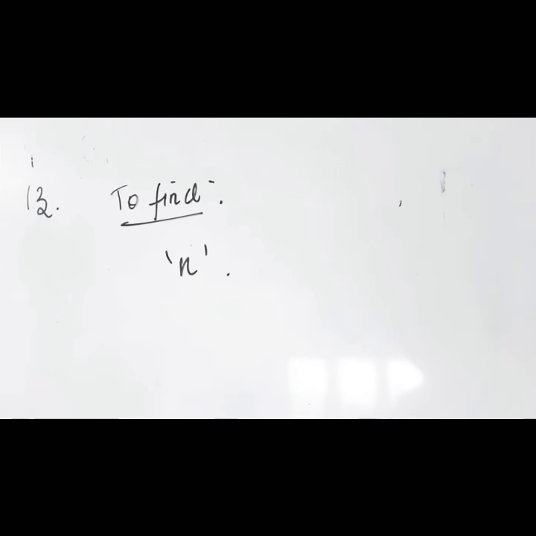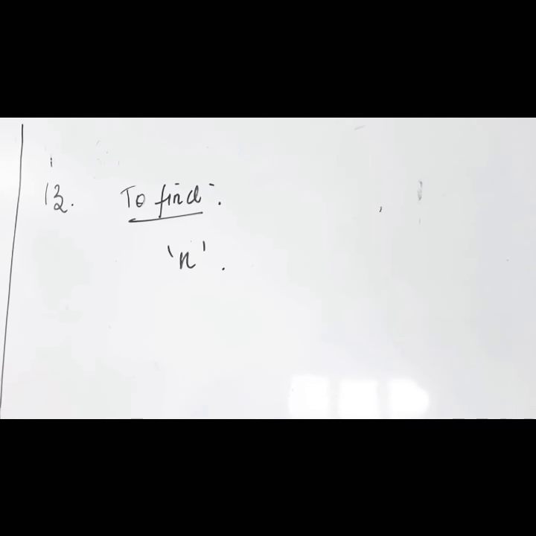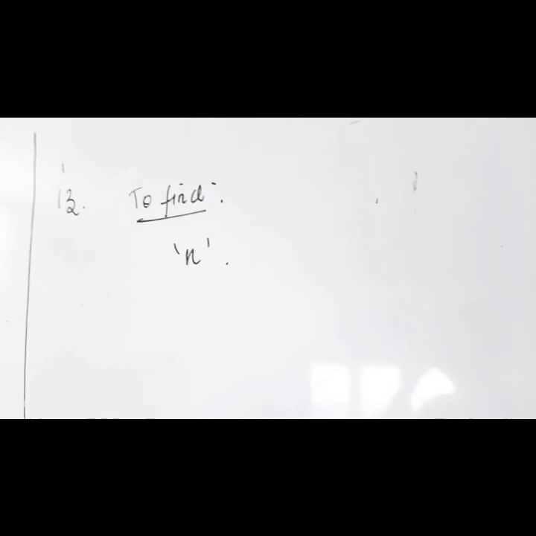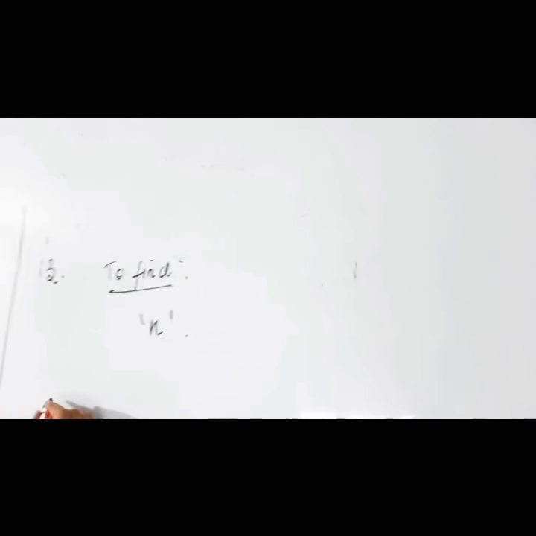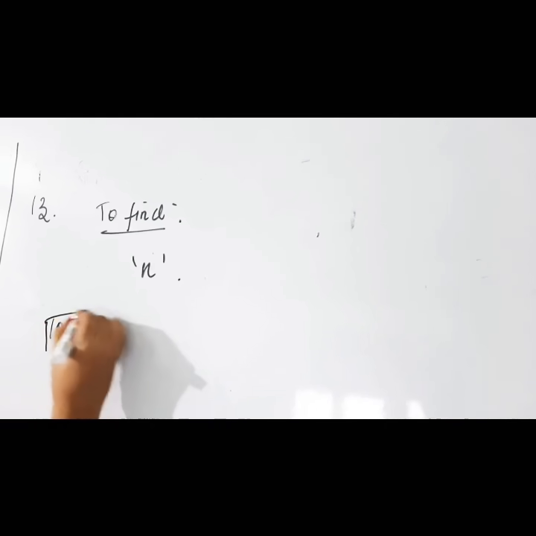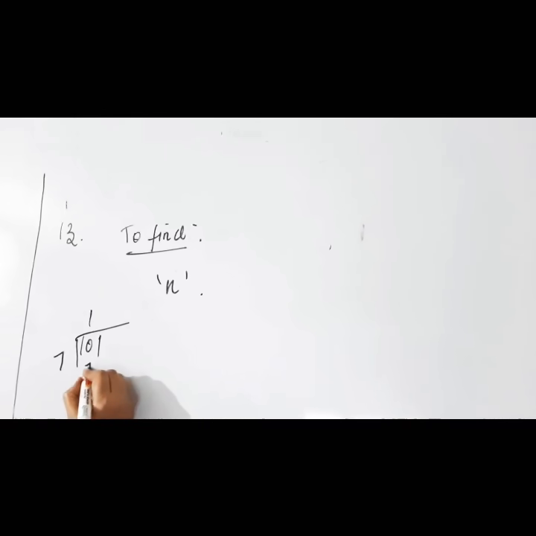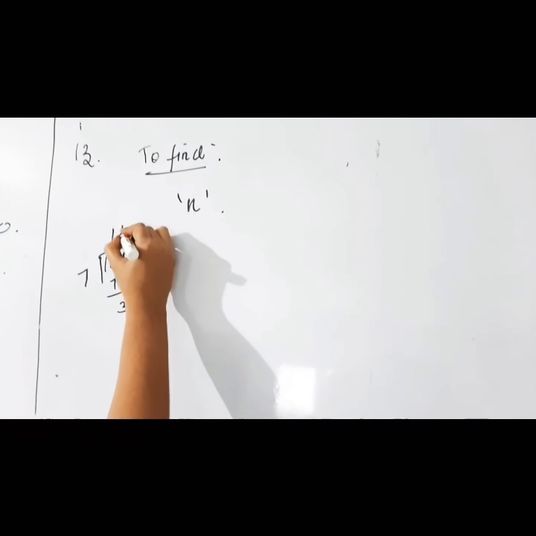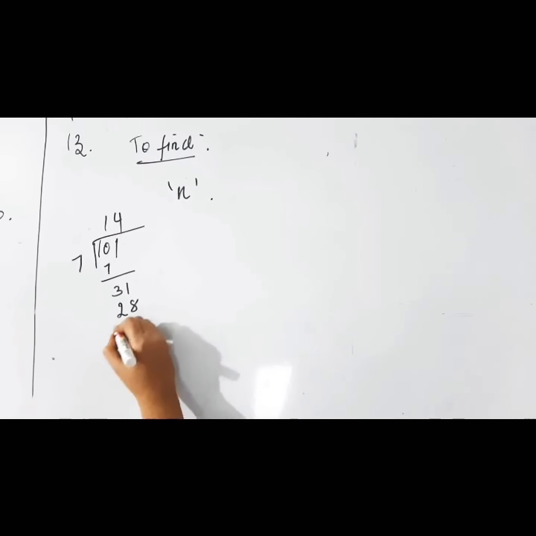3 digits starts with 100. Check whether 100 is divisible by 7. Divide 100 by 7 and find out what you are getting. It is not divisible by 7, you are getting a remainder. Go for the next number, 101. Check whether 101 is divisible by 7. No, again you are getting a remainder.